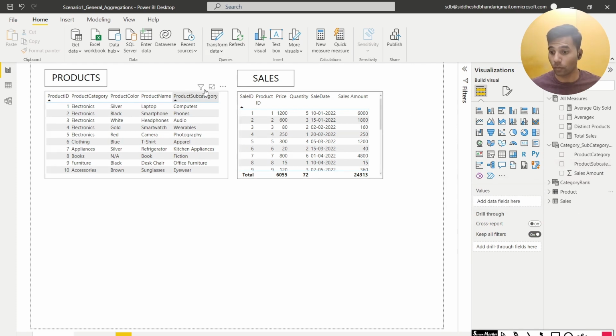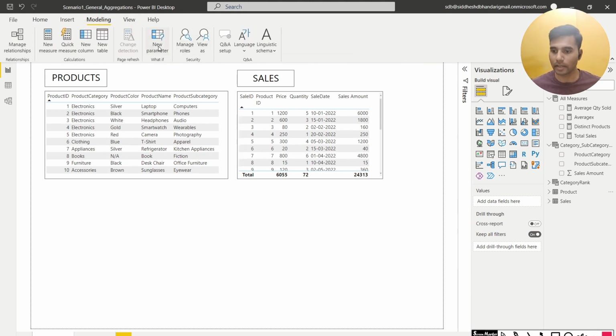So note one thing, because top n is going to give us a series of rows or columns, it's going to give us essentially the top 3 values, top 5 values, or top 10 values. It's not going to be a scalar single value, which is why we don't use a measure, but we use a table. So I go to modeling, I create a new table,